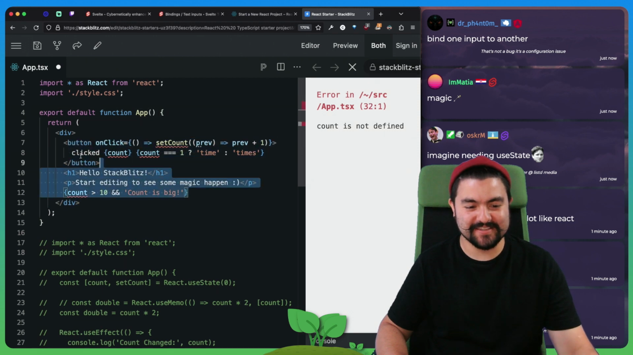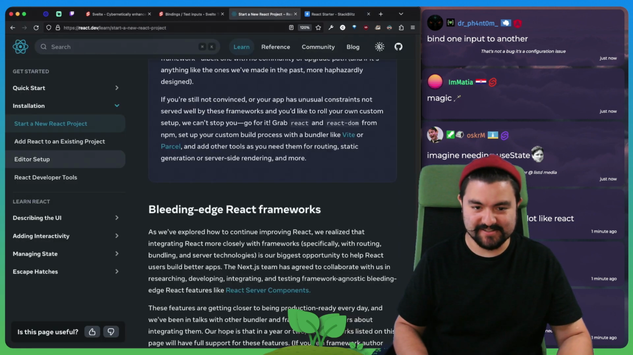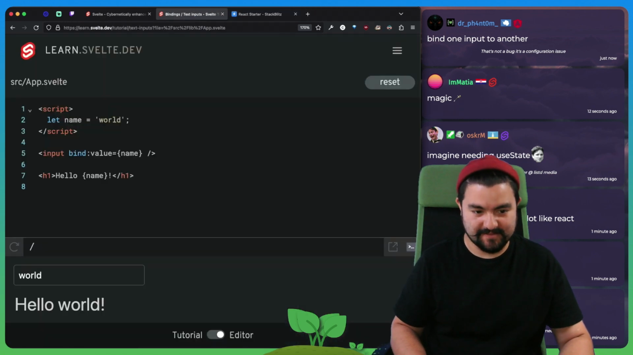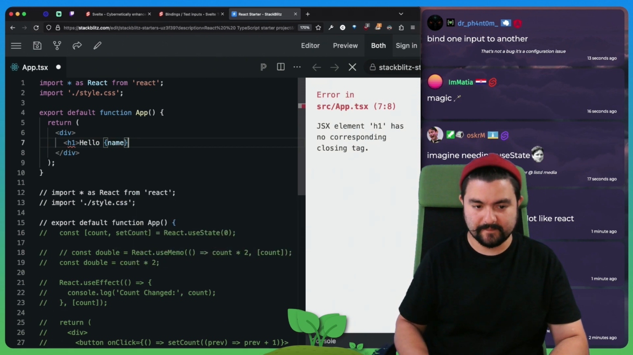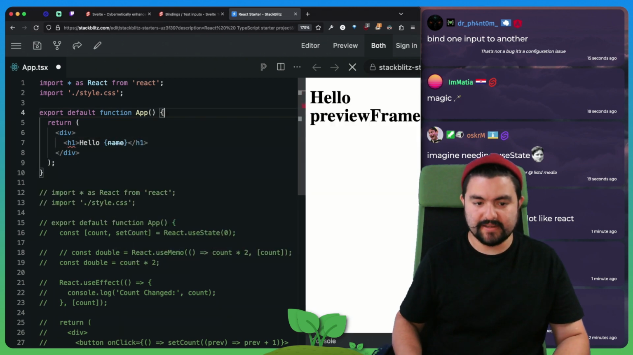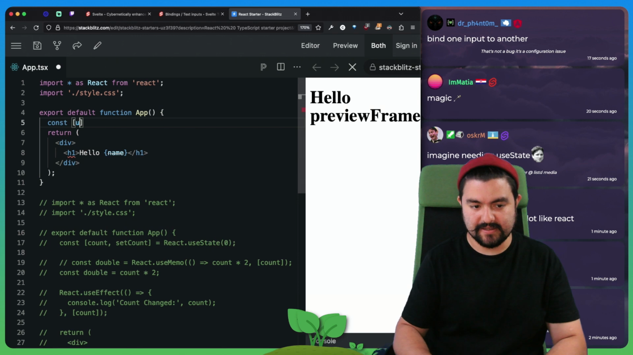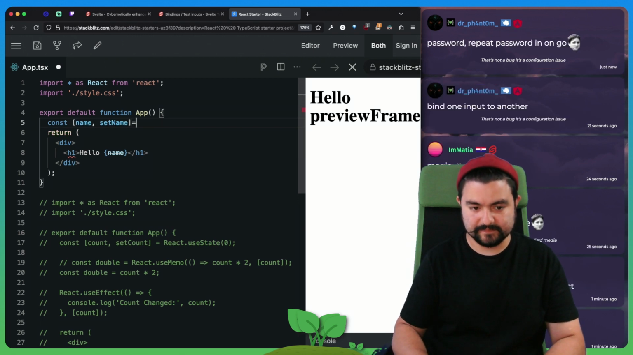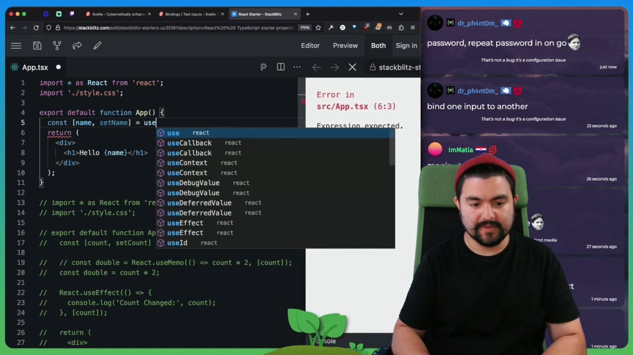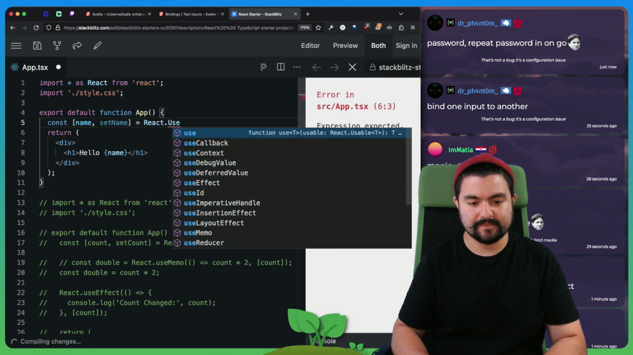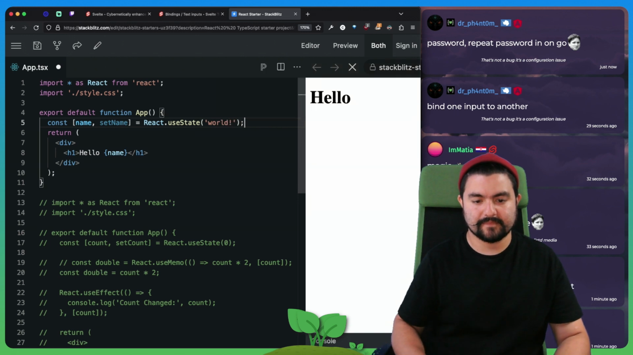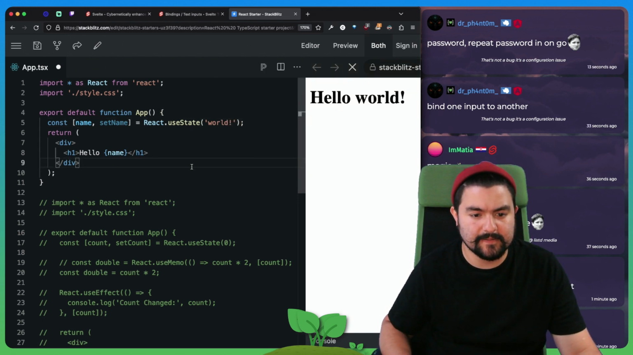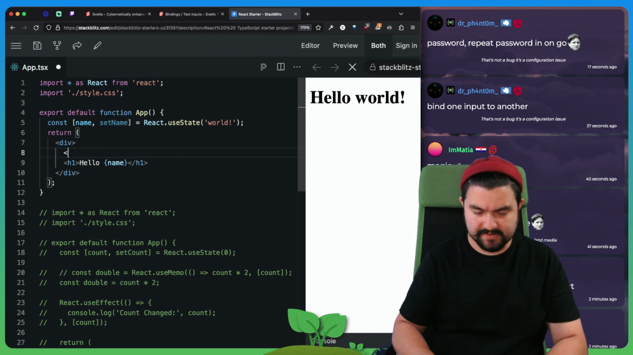But yeah, let's write this same component in React just to give you an idea. So we have an h1 that says hello name, and then we need a name variable. So we'll say name and set name. We'll have a use state. Like that. Hello world, great. But now we need an input. So we'll have an input,